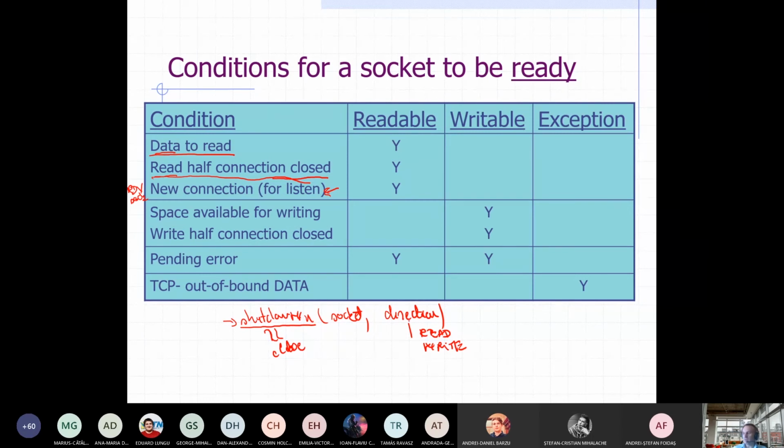If I close the write side, the other party knows there is no point in reading again from the socket because no other data will be coming in. Now, whenever there is a pending error, meaning we did some operation and then there is an error coming out of that operation, the readable and writable sets will be